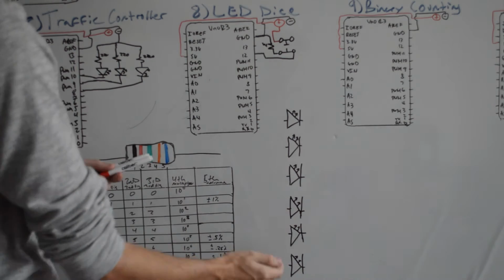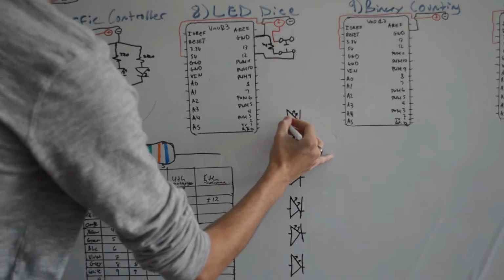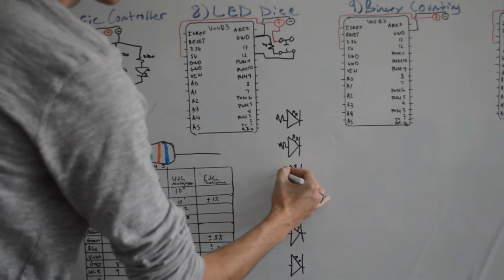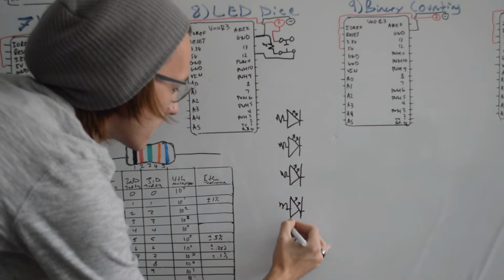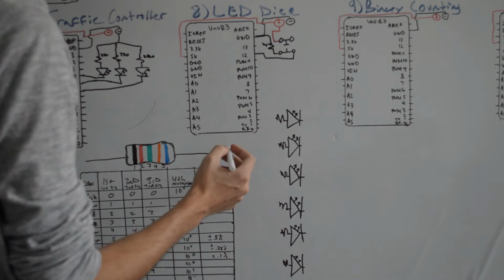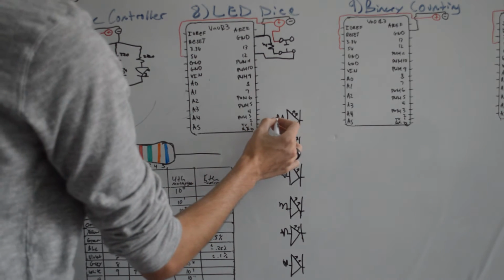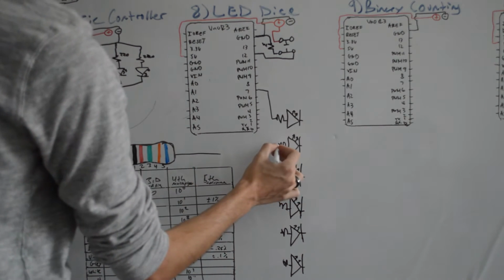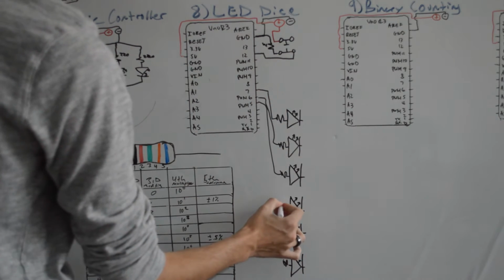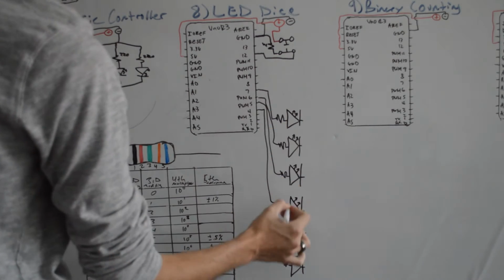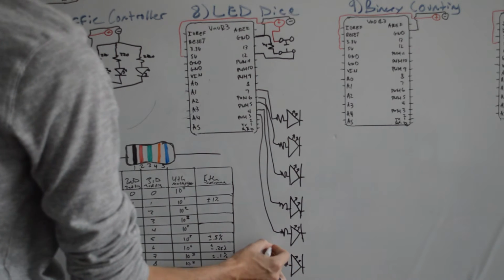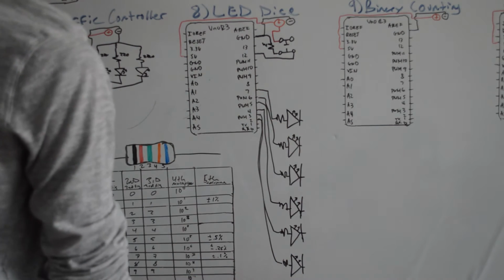Next, we've got all of our LEDs here. I'm sure you guys know the drill by now. Get our resistors in there. These are all 220, I'm not going to mark them, you guys know. Take this, go up to 7, 6, 5, 4, 3, and then